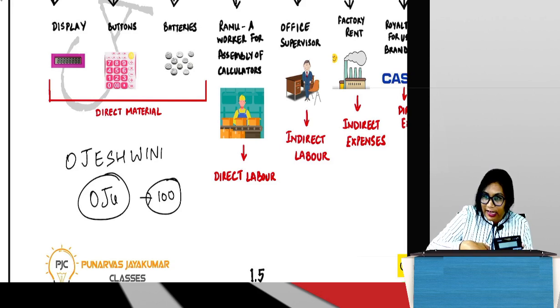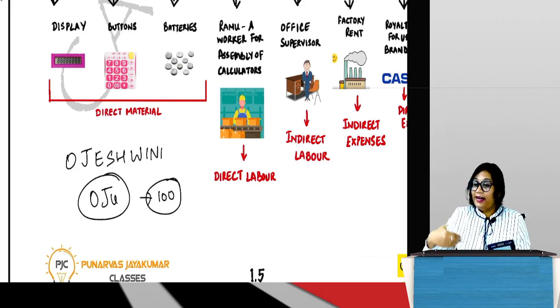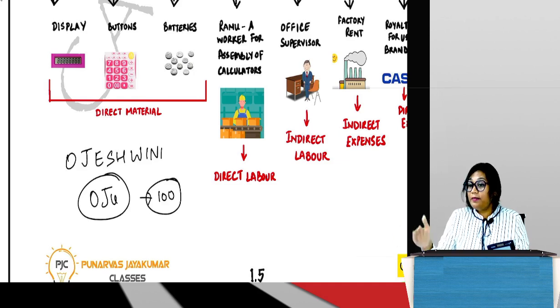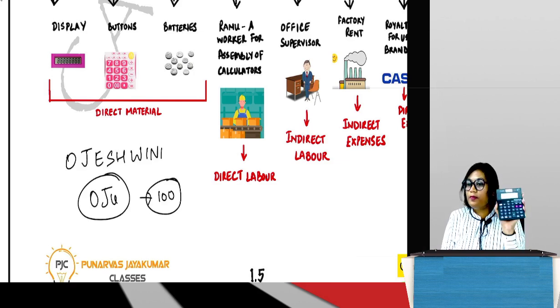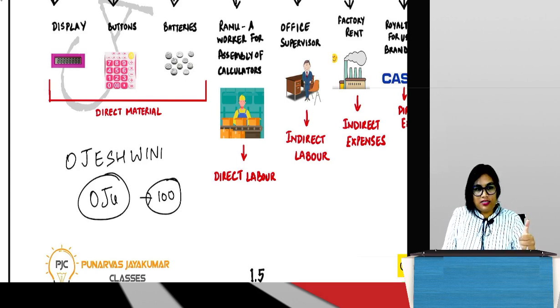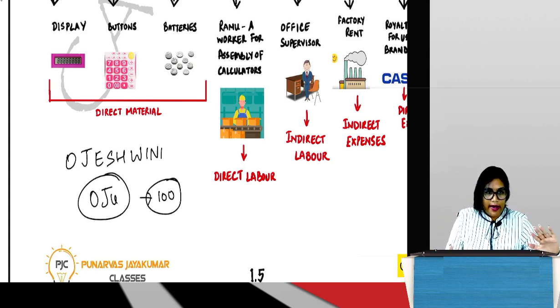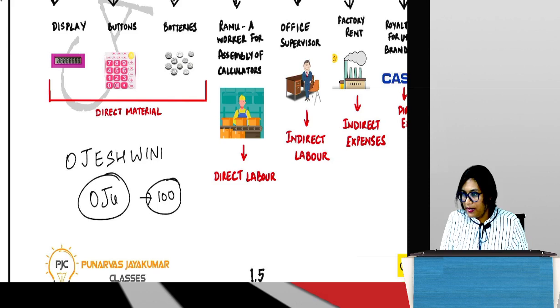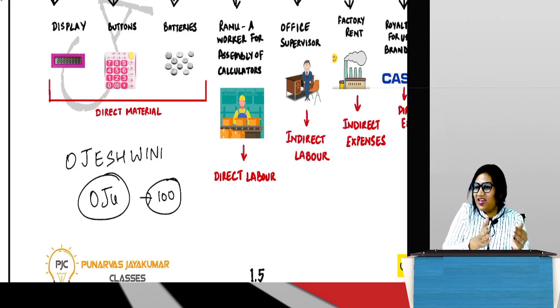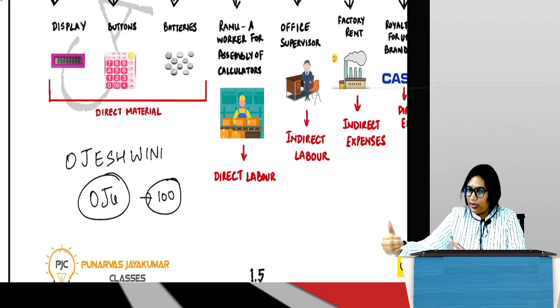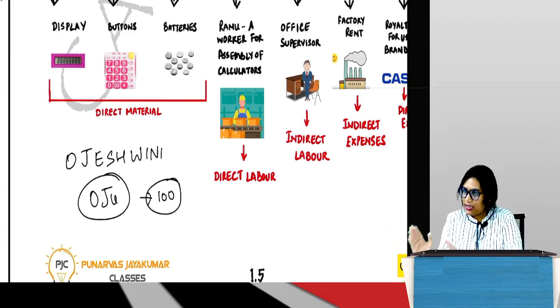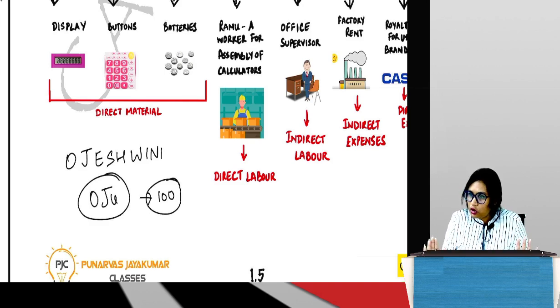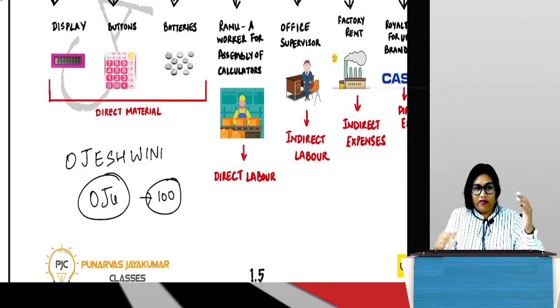So it's neither material nor labor, and it is an expense, and at the same time it is direct because you can identify this on a per unit basis. Guys, did you all understand? So direct costs, indirect costs: can be identified on a per unit basis, cannot be identified on a per unit basis. So when we are talking about indirect costs, we can say that they are apportioned. When we are talking about direct costs, we can say that they are allocated. Guys, is this clear to you? All examples. So now we started building from here.